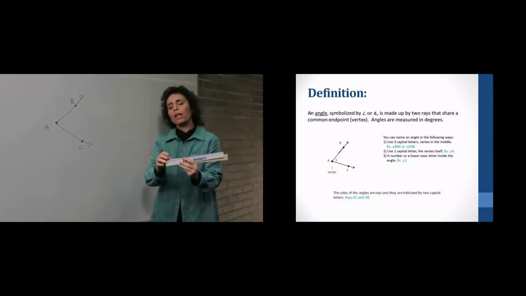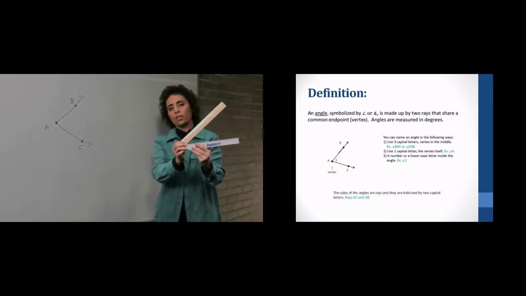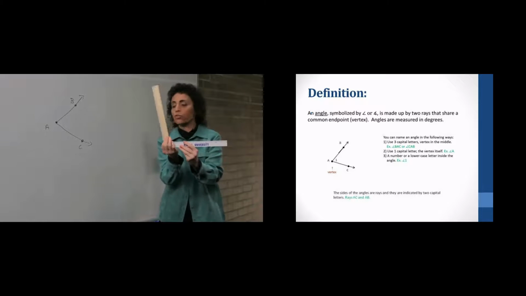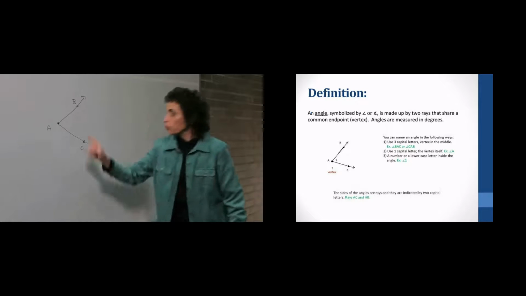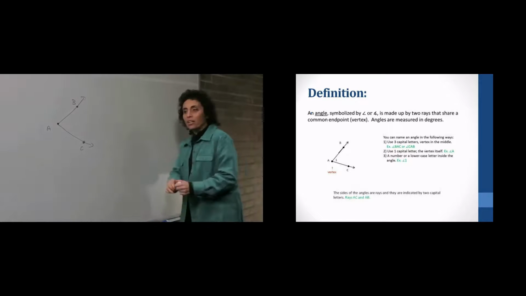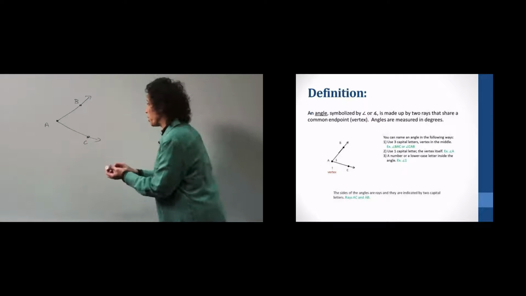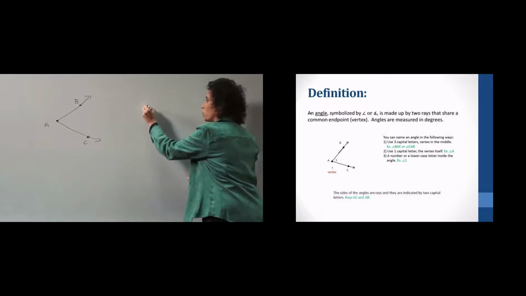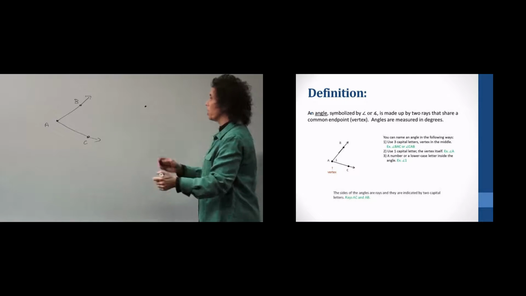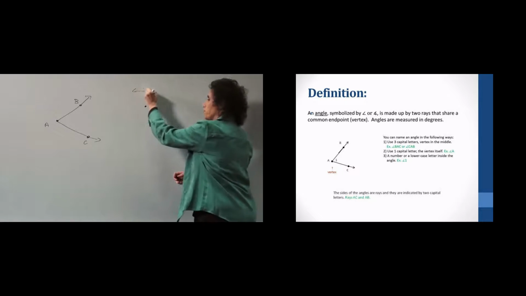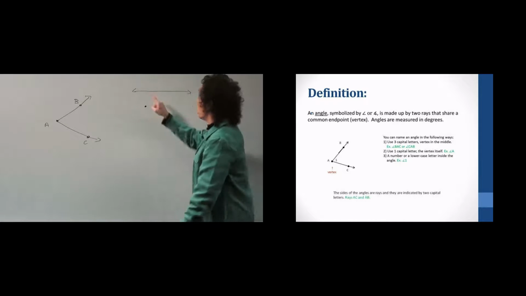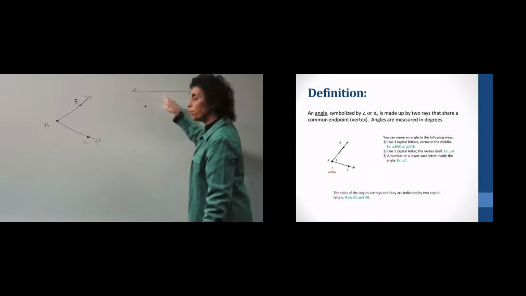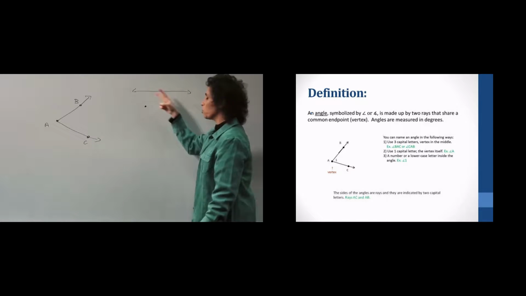We're going to talk more about how many degrees that really is in different kinds of rotations. First we'll start with this very simple angle, and we'll notice that it has 3 letters on it. An angle is formed by 2 rays, and I want to talk about a ray. A ray is actually part of a line. Now, let me define line for you. A line actually can't be defined. It can only be described. A line is something that has an infinite number of points that goes on in both directions without end.